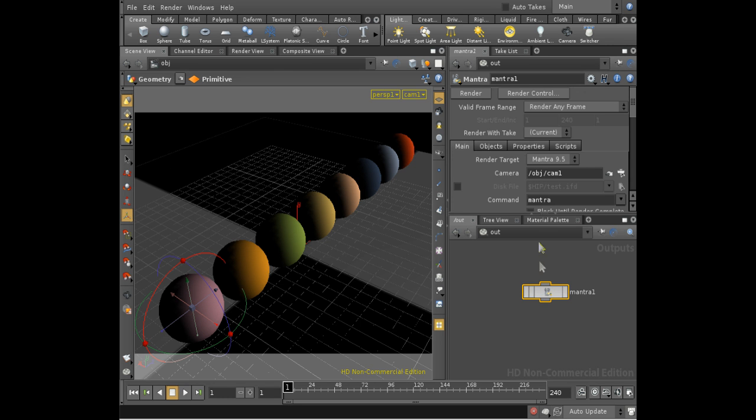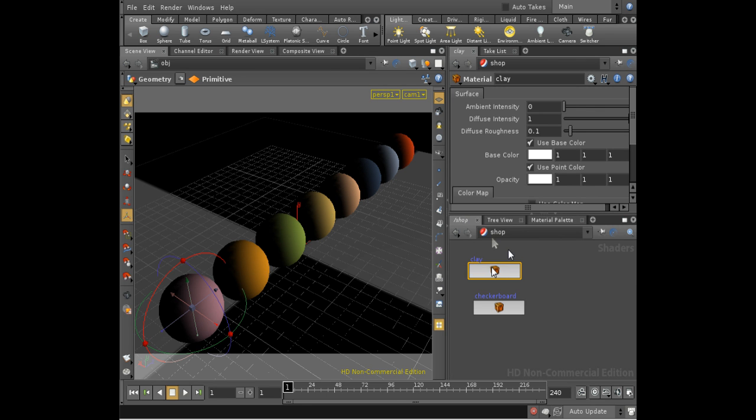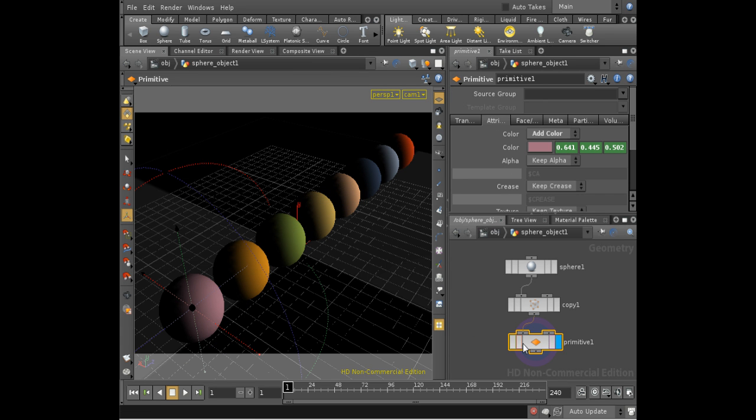Why does it work, the colouring of the spheres? Well, just a quick digression to explain that. On our clay shader here, we've got an option, Use Point Colour, which is selected. So the shader is looking for attributes on the points of the primitives that are being shaded, and it's looking for a colour attribute. Let's have a look at our sphere objects, and if I put up a